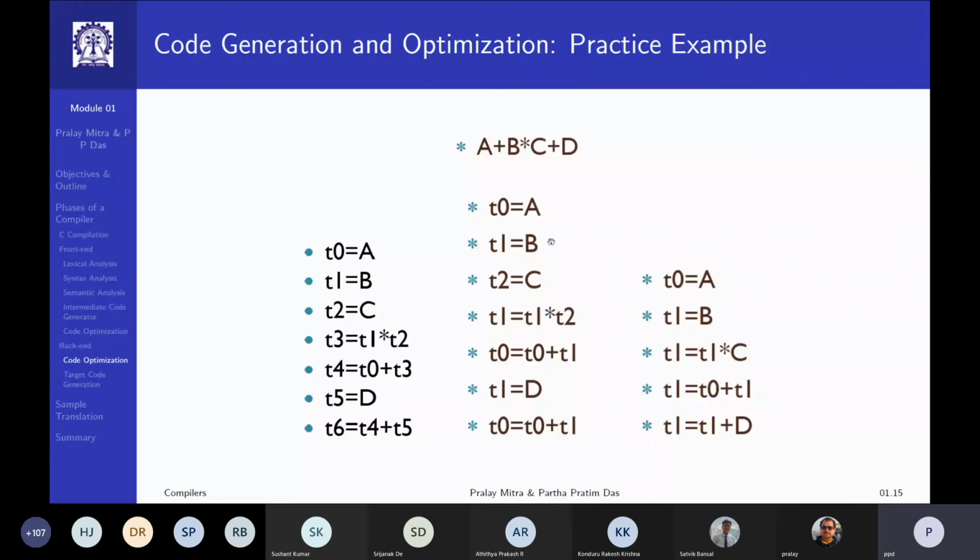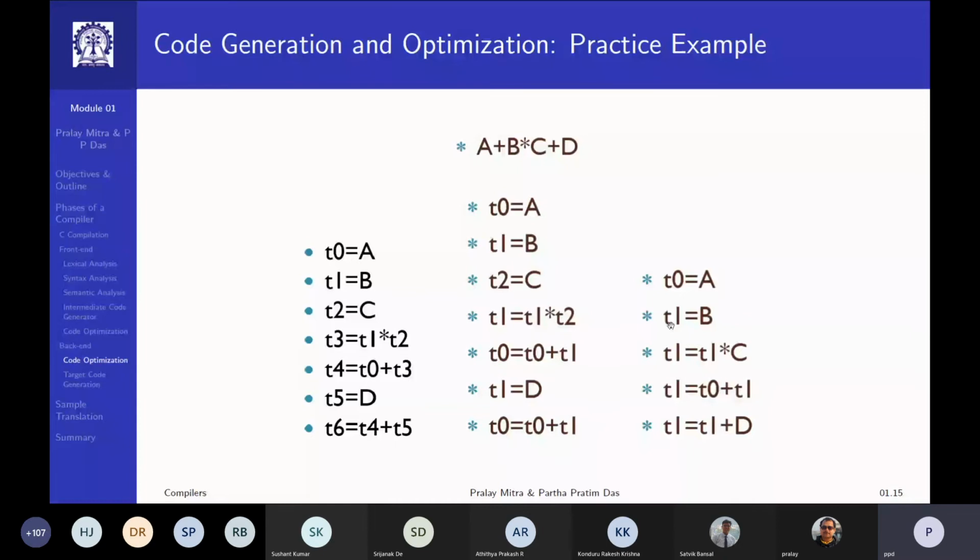Now we can reduce it further. I can say T2 is assigned C, so I can replace it right here. It gets shorter. I can replace D. It gets shorter. I can do even more. I can put T1 assigned B, so I can put B directly here.